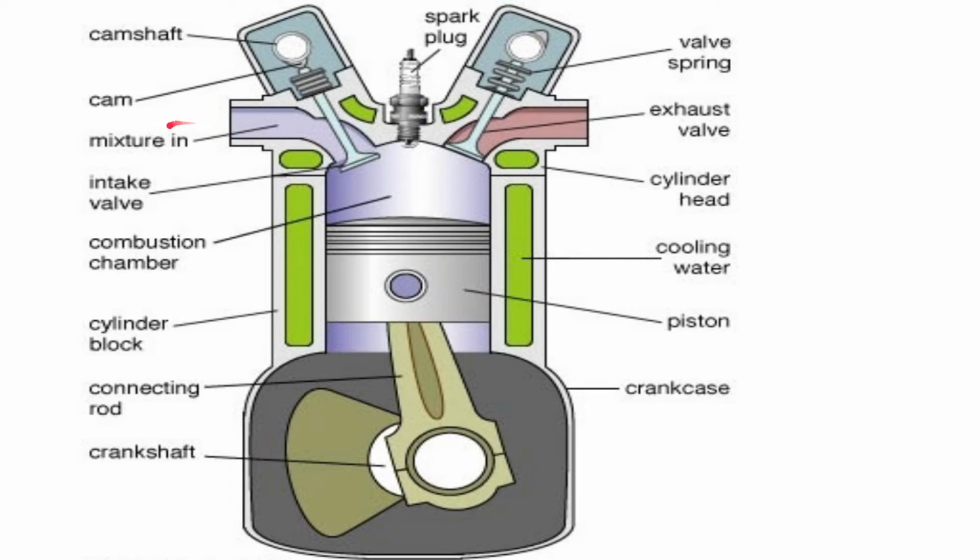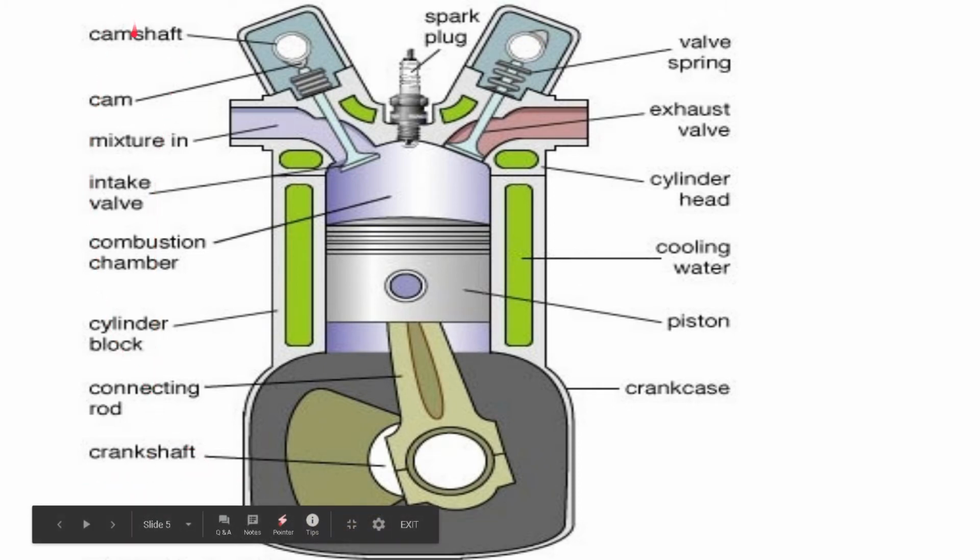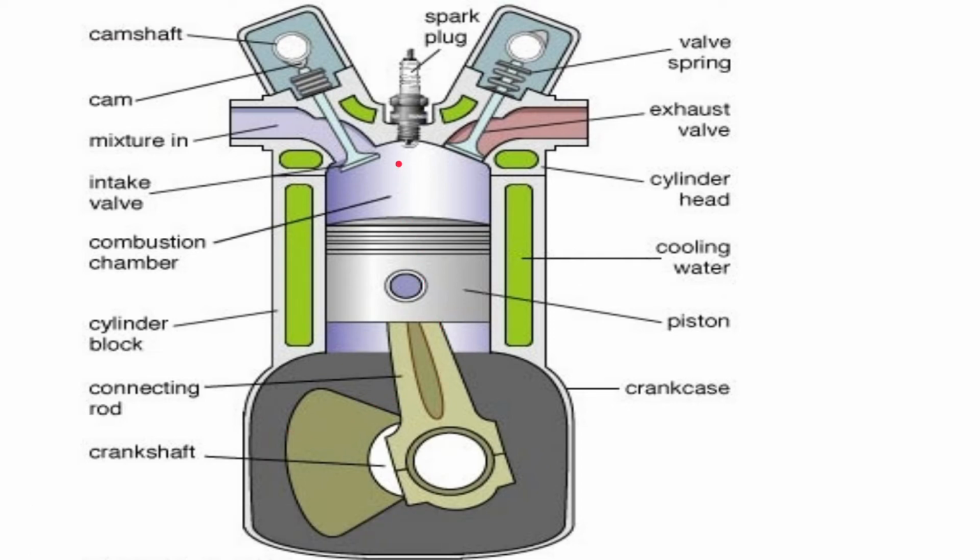From here for this SI engine, we'll have air fuel mixture coming here. This is the intake valve, this is the exhaust valve. The intake valve is being connected to camshaft, and this is also connected to camshaft. And camshaft and crankshaft are being tuned to each other. So when it comes to the topmost position and when it is coming down from topmost position to the bottom position, this will get open and it will let the mixture come in. And alongside, after combustion, the products of combustion has to leave out. So in that case, this will come out,